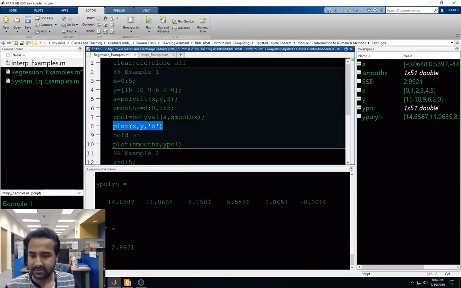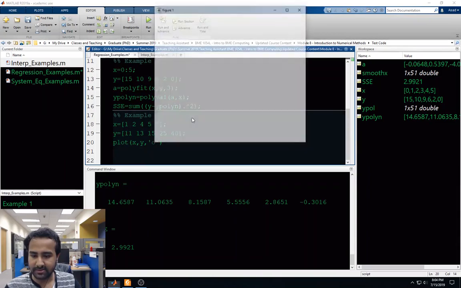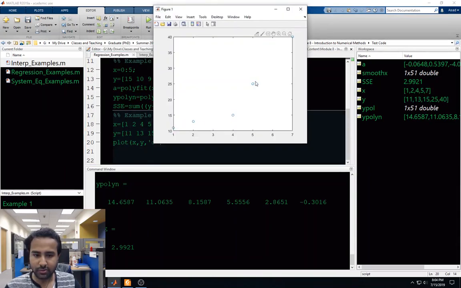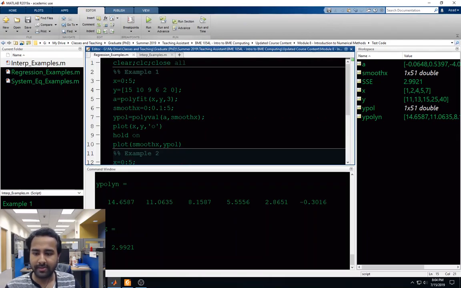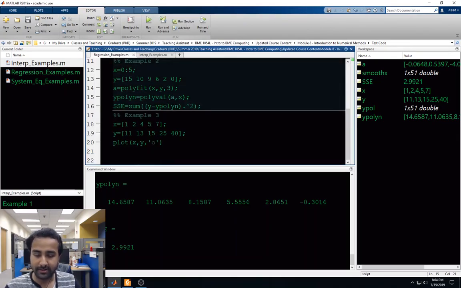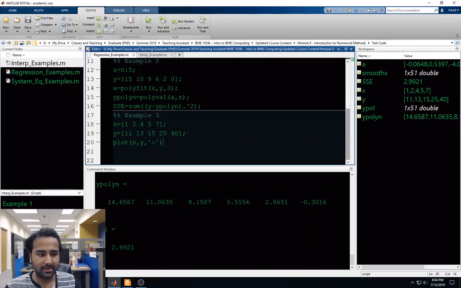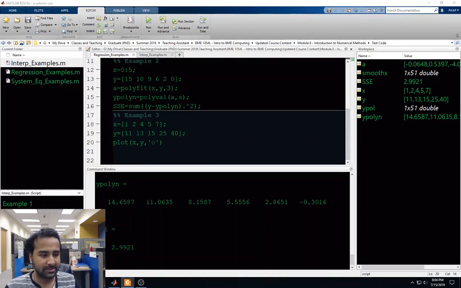And because I'm slightly lazy, I'm just going to copy this, paste this here, run this little section. So it looks like it's increasing with x in a very non-linear way. Alright, so because it's a non-linear type of fit, use polynomial regression exactly. So instead of having us use the MATLAB functions polyfit, polyval, or going back to interp1 or interp spline, let me show you how to use the second method I was talking about, which is